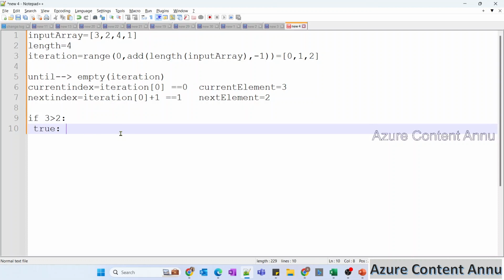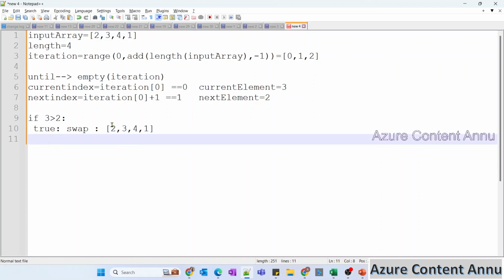Okay, so here in the true block, if 3 is greater than 2, then we will simply use swap logic to swap the elements and it will result in 2, 3 instead of 3, 2. So the input array will be updated by this value. And once the elements are swapped, we are just going to reset this iteration array to the value that was at the beginning. Okay, so once this is done, it will come out of the if block, but it will